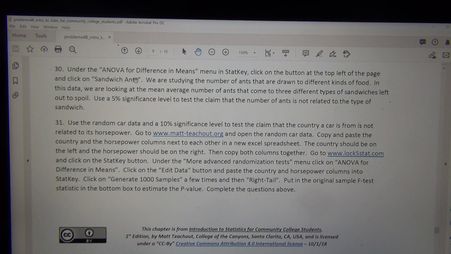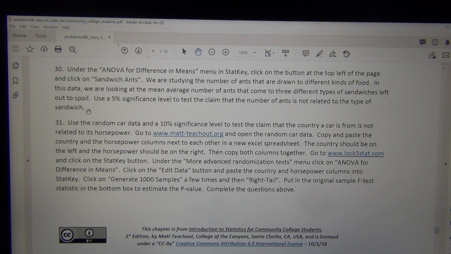It says sandwich ants. We are studying the number of ants that are drawn to different kinds of food. In this data, we are looking for the mean average number of ants that come in 3 different types of sandwiches left out to spoil. Use a 5% significance level to test the claim that the number of ants is not related to the type